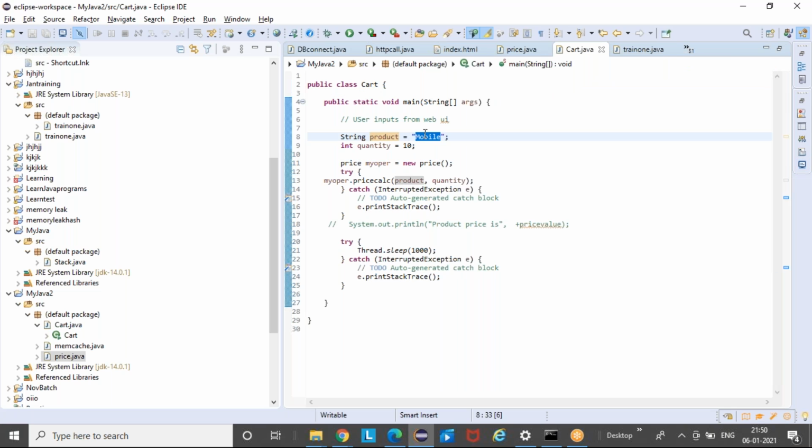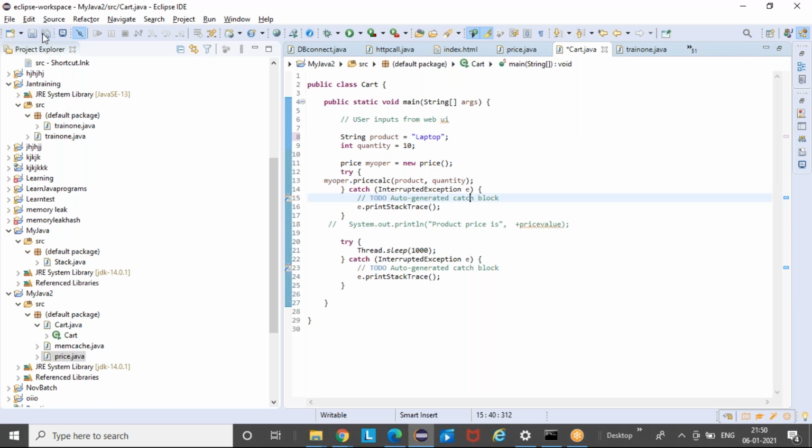Now if I go and change this to laptop, I'm ordering it from my browser. This method will receive saying somebody is ordering laptop, somebody is ordering 10. For them it will create an object for this class file.